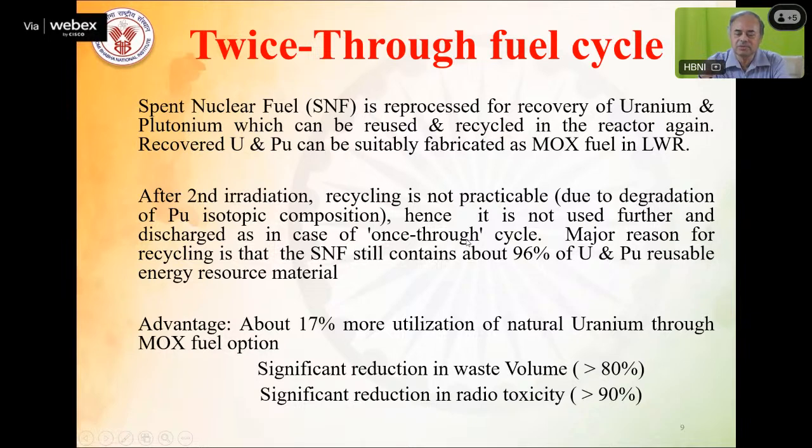Then it is twice through fuel cycle. Now in this, as we have seen, spent fuel still contains a very good amount of uranium-235. It contains plutonium also. So in this twice through fuel cycle,